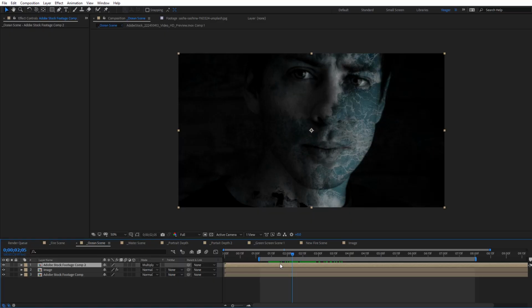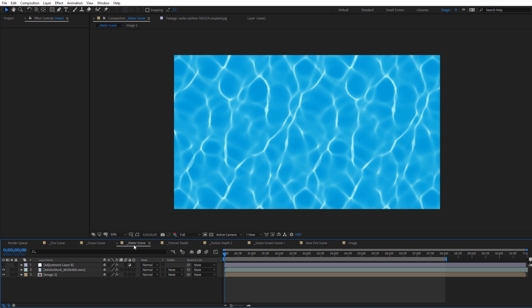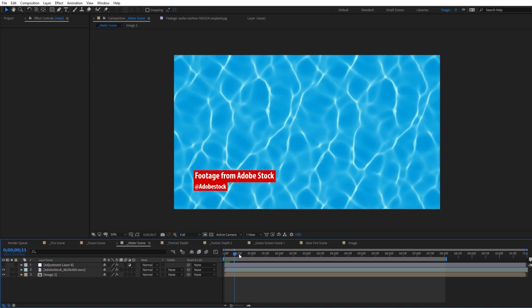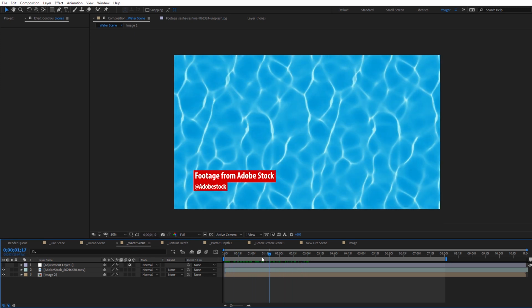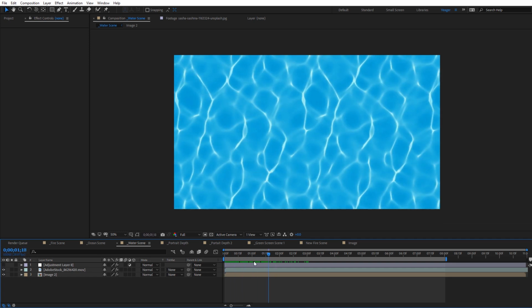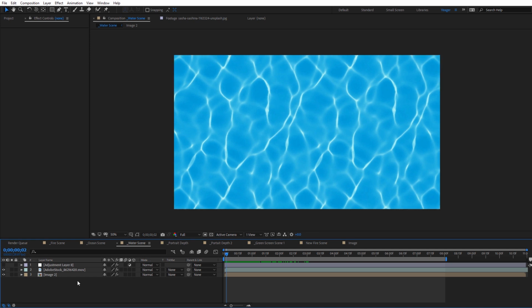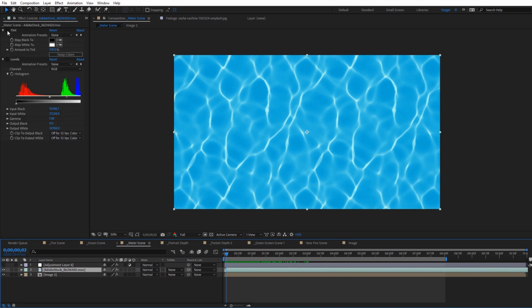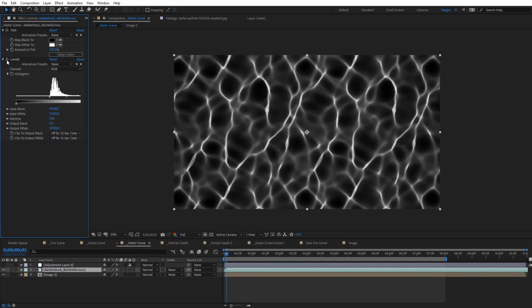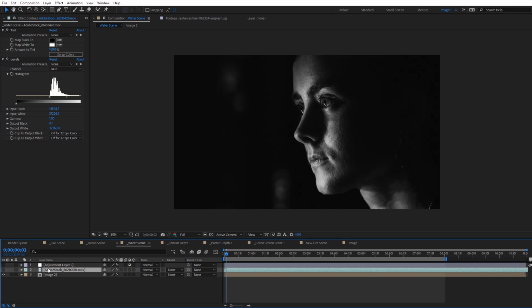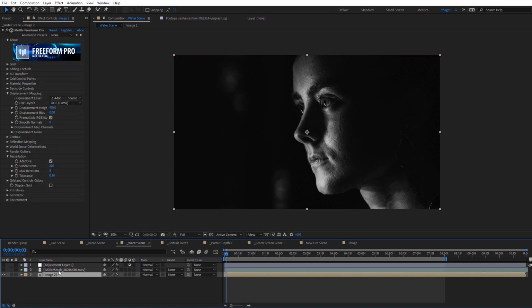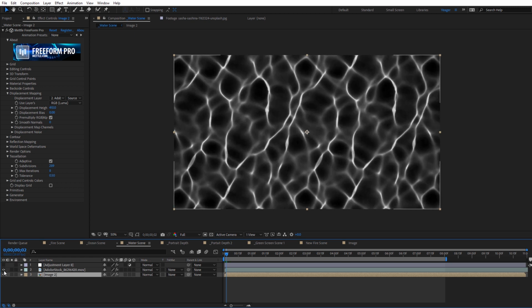Let's go ahead and take a look at this other water scene that I've got here. And so you can see I have this stock footage here of just some caustics from a pool, it looks like. And this is going to work really well to create some displacement from. So what I did for this particular scene was with the footage, I just applied a tint effect and then a levels effect to add more contrast onto that. And then I've got an image here. I'll go ahead and turn off that stock clip just of this face, and I'm using Metal Freeform Pro on the face, and I'm mapping the displacement layer that we just looked at with this ocean water here.